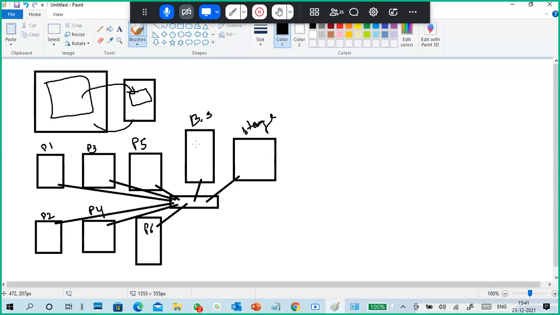So what will this backup server do? It installs agents. A backup server is a machine which contains backup server software.